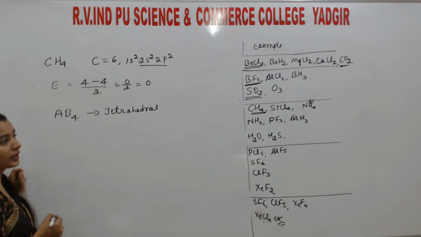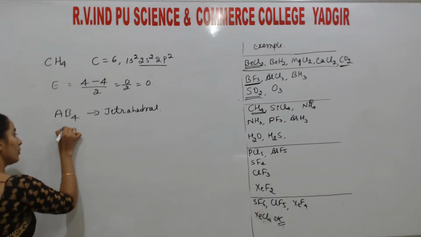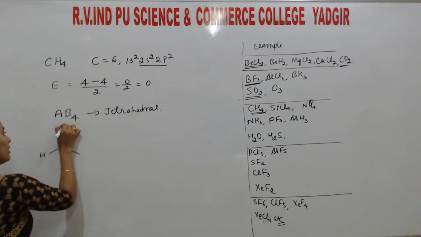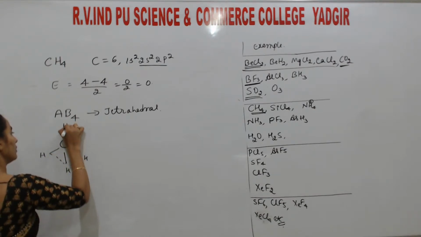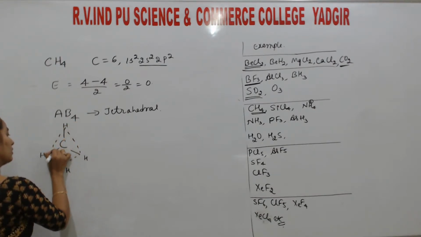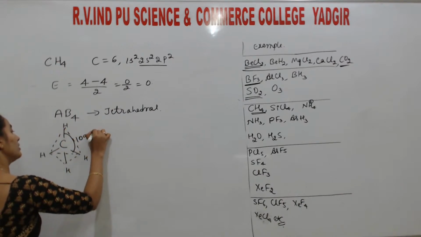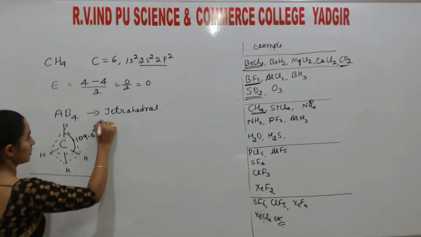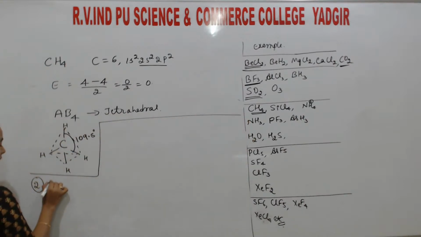Okay. Now, how to write the tetrahedral structure? So, carbon is here. 1, 2, 3, 4 bonds are here. H, H, H and H. So the bond angle is 109.5 degrees. Okay. So this is one structure. Next you take the second one, that is